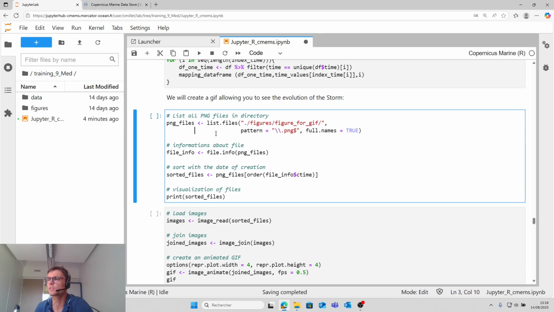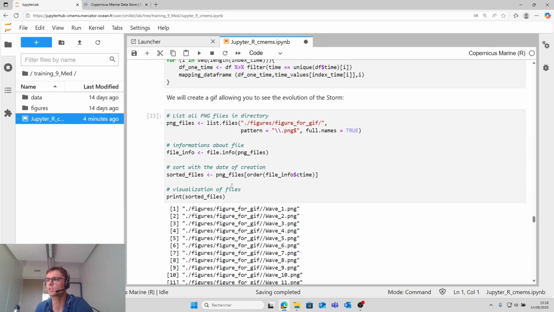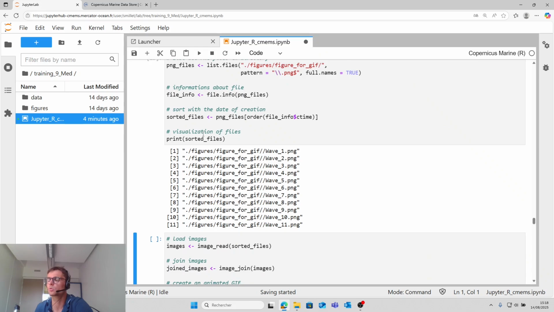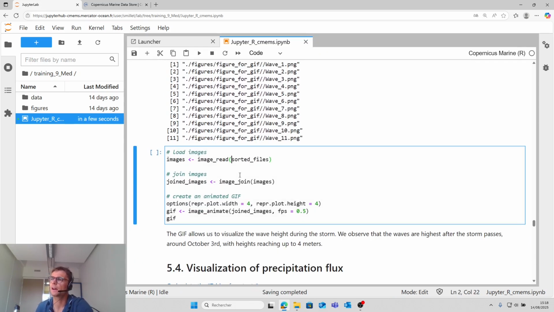We select the directory of all the files, and we sort them to have a continuity of days. And here we create the animation with the function image animate.